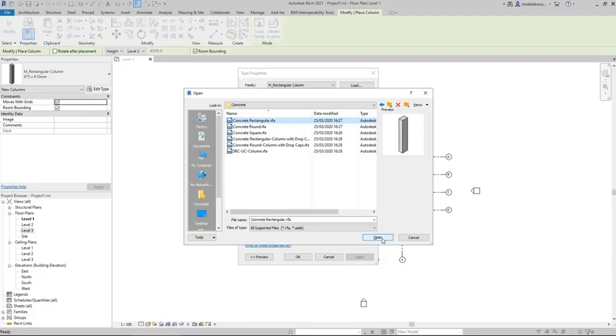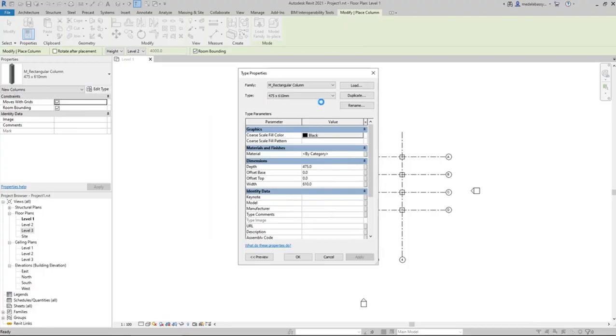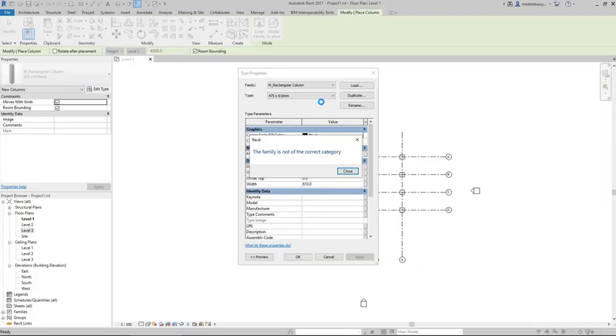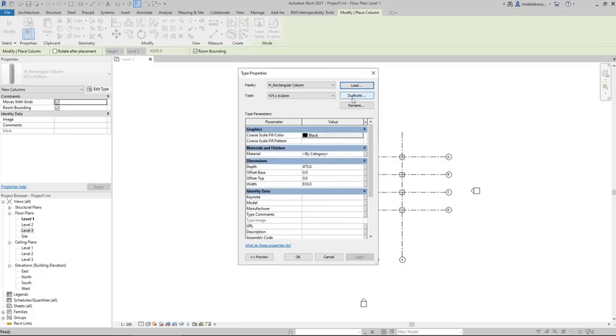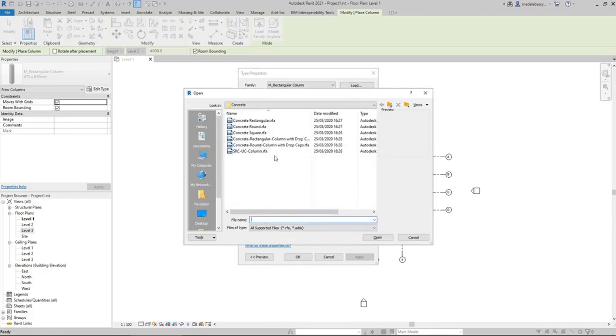Even though we'll be using 300 by 300 millimeters, so you can just switch to the square as well. But anyways, it doesn't really matter. I think it's because using the architectural column option and selecting the structural column. So interesting. Okay, we can load the